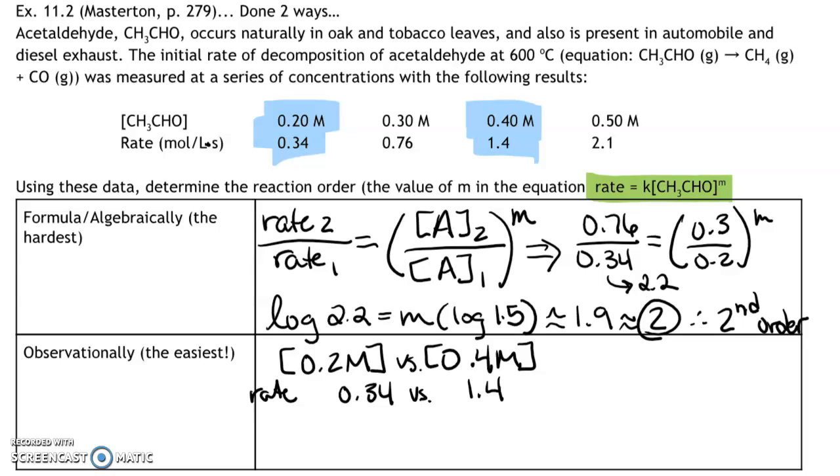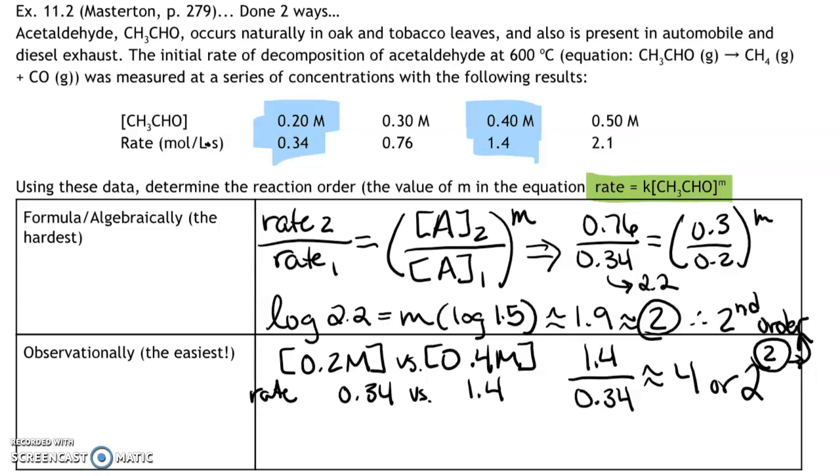All right, if we divide those two rates, so in this case, we're taking rate 3, which is 1.4, the rate for trial 3, over the rate for trial 1, and right there we get roughly 4. Okay, because our concentration has doubled, then we can say that that's going to be the same thing as saying 2 squared. And therefore, the exponent for that is going to tell us that this is a second order reaction